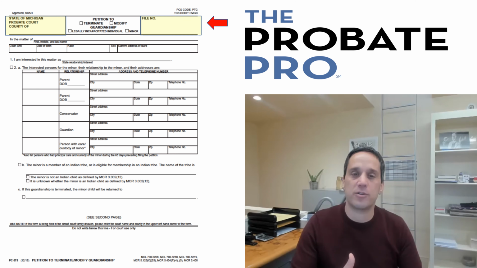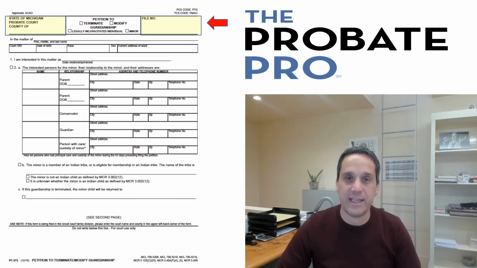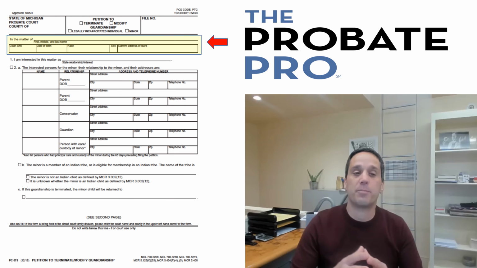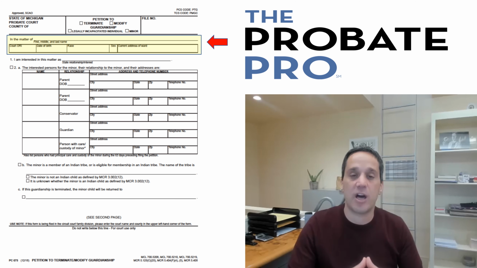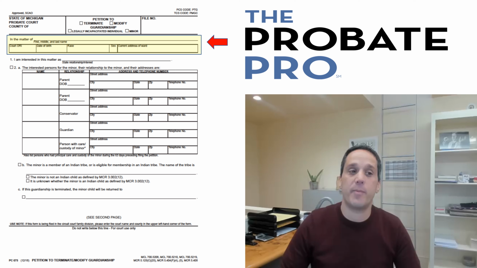First, you want to make certain that you identify the appropriate court, county in which this probate holds jurisdiction of the guardianship, and the case number, as well as the identifying code GA, which stands for guardianship of an adult. Next, you're going to complete the top section, which simply identifies the name of the person that is under guardianship, as well as their date of birth, race, current address. This provides the court guardian ad litem who may go out and do a visit some additional information to make sure that they are meeting and addressing the correct person.